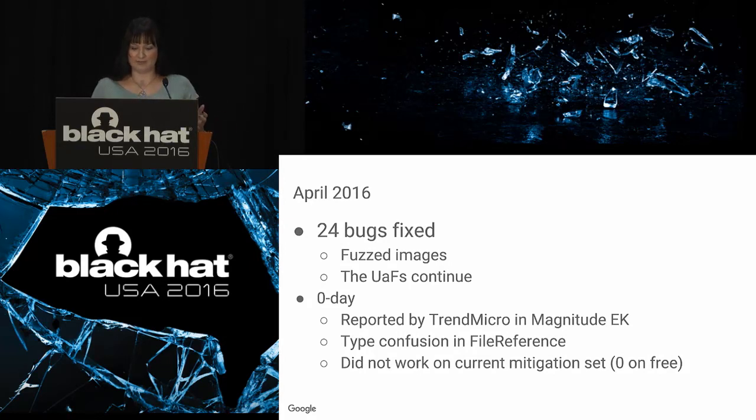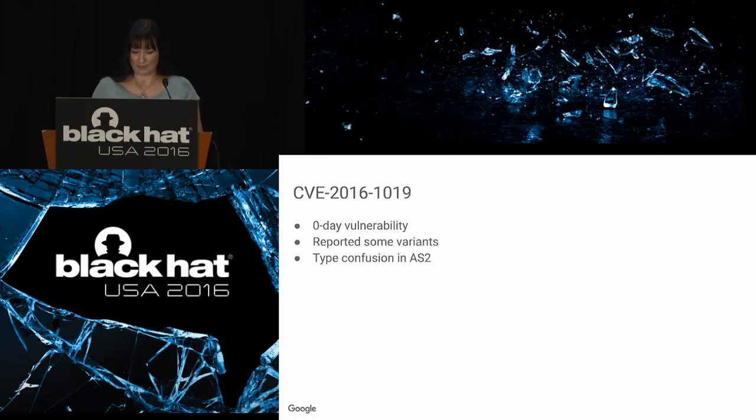So this point of zero on free, it increases the discoverability of use after frees a lot. It guarantees that if you have a use after free in common situations, it will crash. But what was interesting is in this situation, it actually caused this 0 day exploit to not work because they were zeroing out something that they were reading to make their exploit work. And I'm going to describe to you how this vulnerability worked.